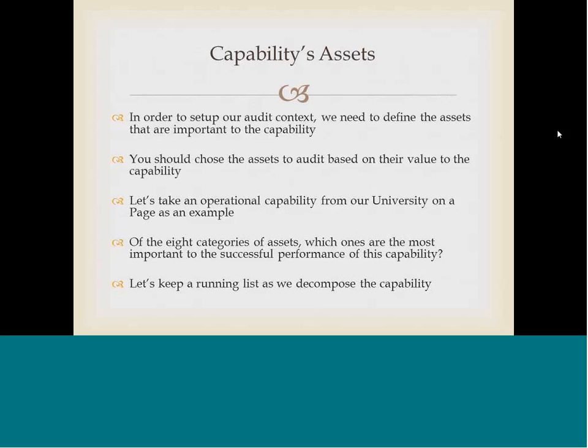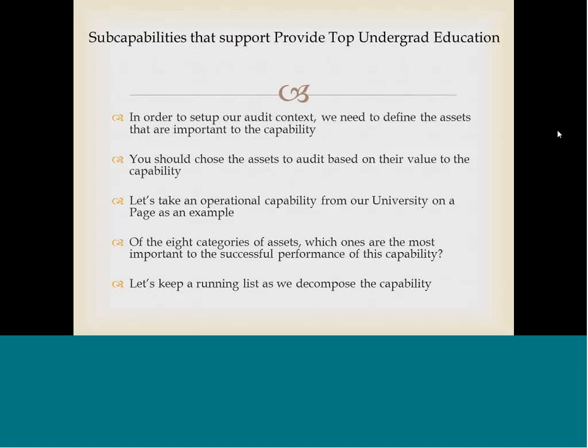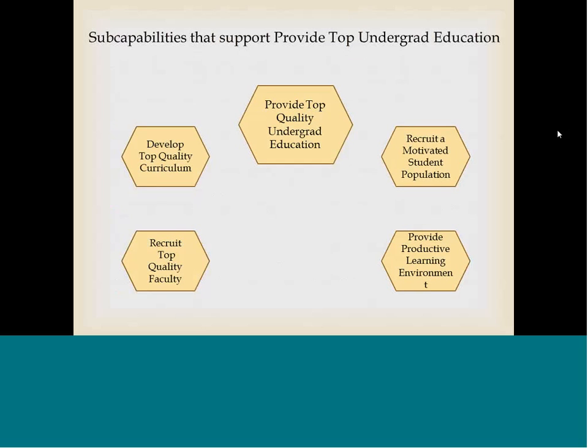We're going to keep a running list as we decompose the capability and look at all the assets, and then in the end, we're going to look at the full set of intellectual capital assets that would be required to support that capability. So the capability we've chosen is,